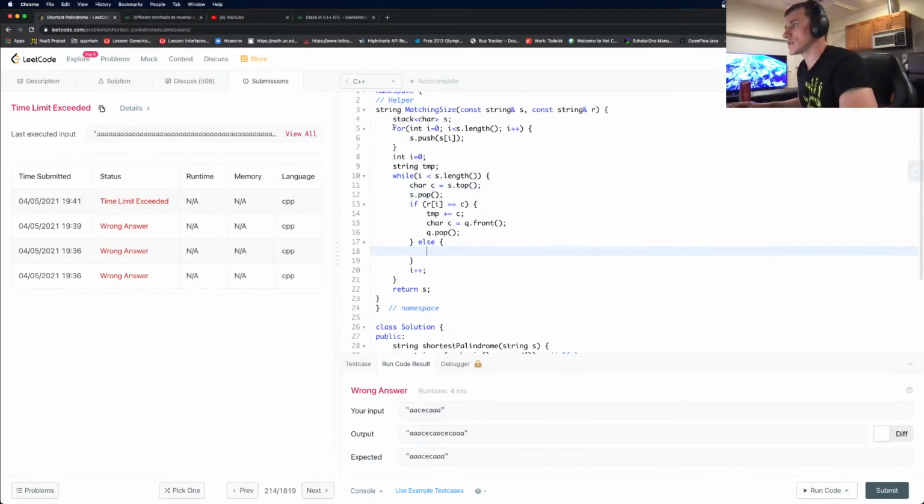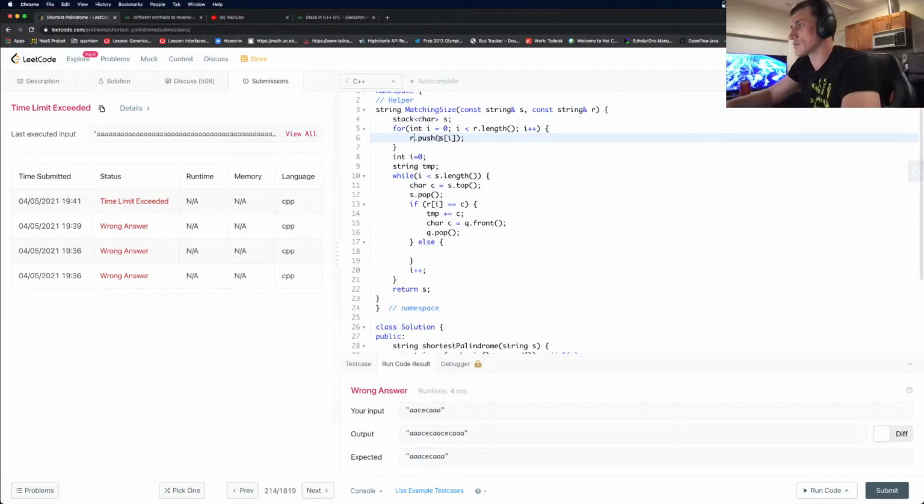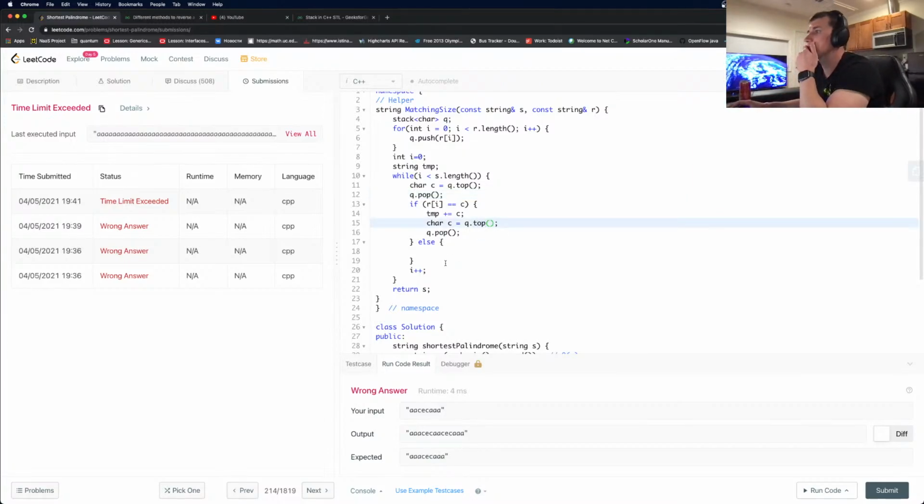Else, we basically do, and then we don't need S, we basically need R now. Because initially, we take it from reverse. Oops, no, oh, I called the stack with S, which is this one, right? Yeah, let's call it Q then. Although it's not Q, it's a stack, but we know that this is different, okay? So Q front, it's not front, it's top, and it's Q pop, and else,